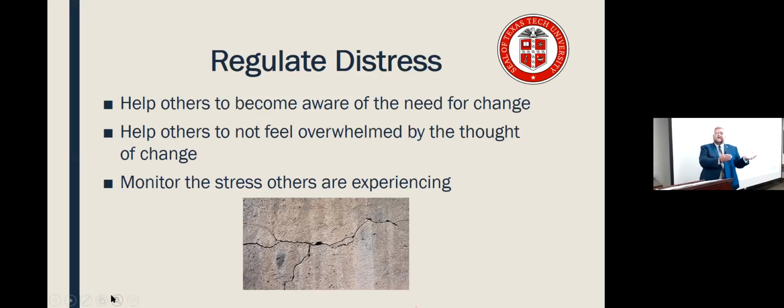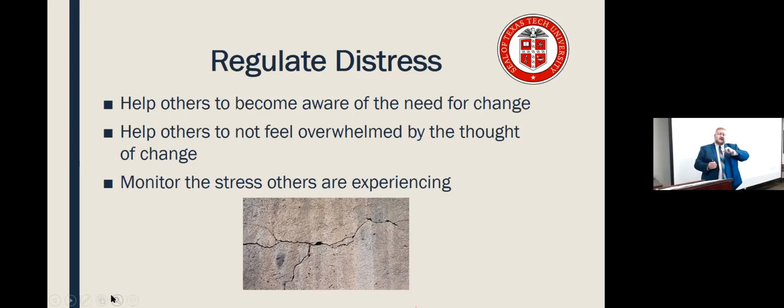If you have someone on your team who is looking at this challenge and they have a lot of stress and a lot of things going on in their life, then you help monitor them and support them, saying, you need to take a step back. Don't take on all of this. One person can't do this alone.